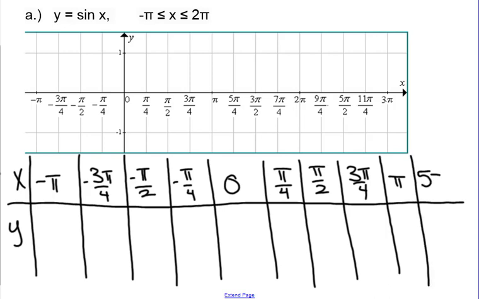We're going to run out of room. 5 pi over 4. 3 pi over 2. And then our last one will also have 7 pi over 4. But if we go to our special triangles,